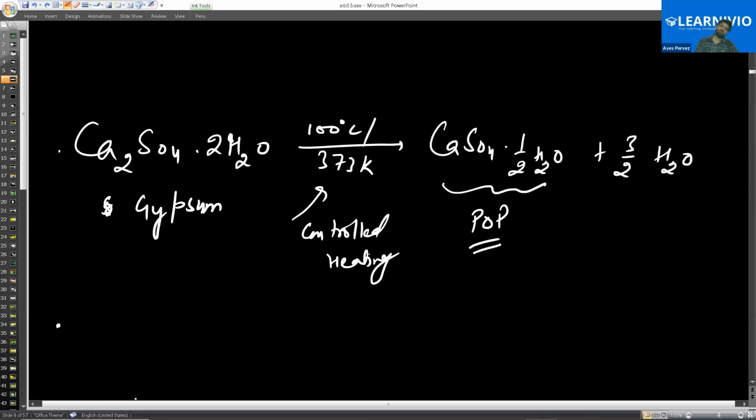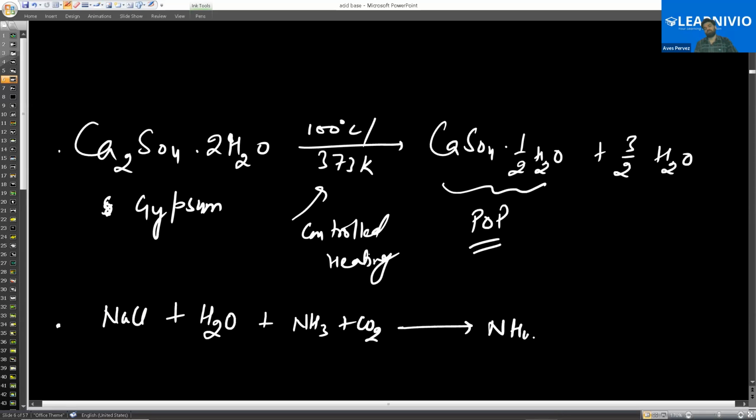Baking powder is simple. This we have done initially: NaCl plus water plus ammonia gas plus carbon dioxide. This will give you NH4Cl